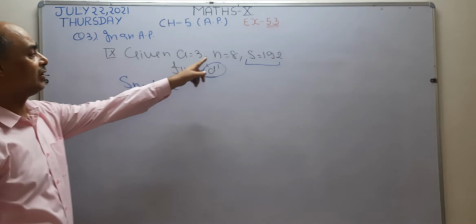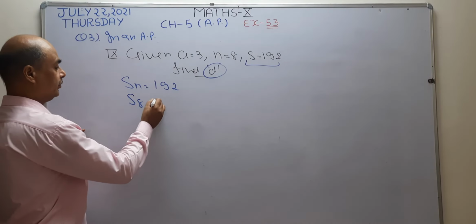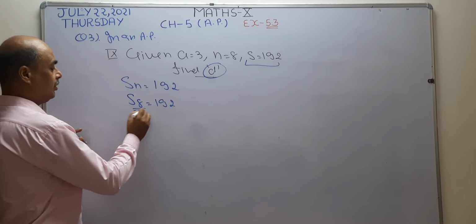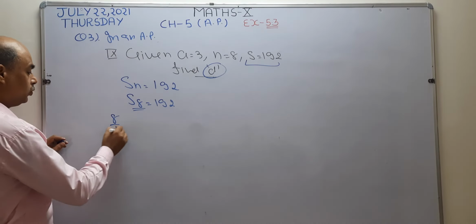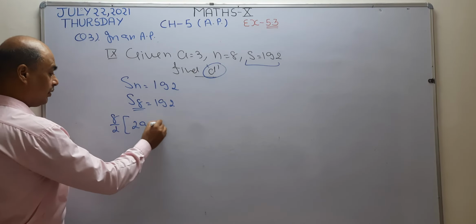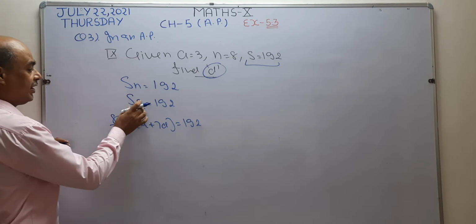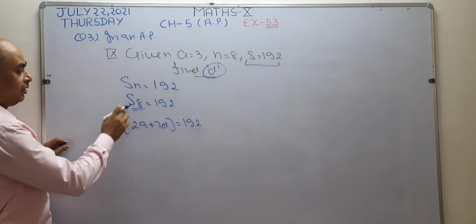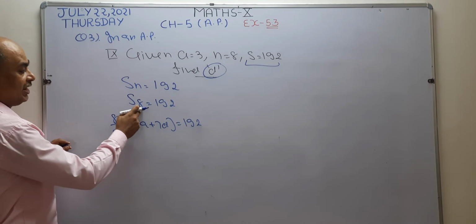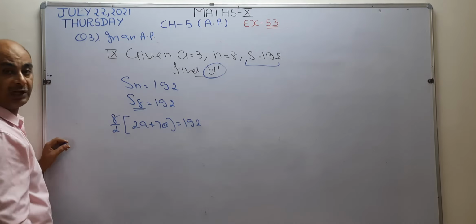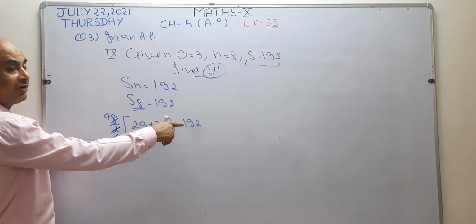Now the value of n is given. Can I write 8 here? In the next step you take 8 here. Now to find the sum of 8 terms of an AP, the formula is 8 by 2, 2a plus 7d. I use the formula for finding the sum of 8 terms of an AP. The formula is n by 2, 2a plus n minus 1 into d. N is 8, so this becomes 7d. Clear? Now 2 1s are 2, 2 4s are 8. Now this 4 is going to divide 192.